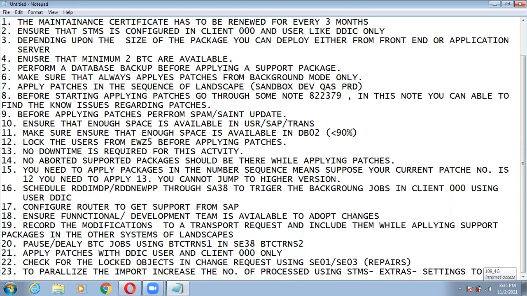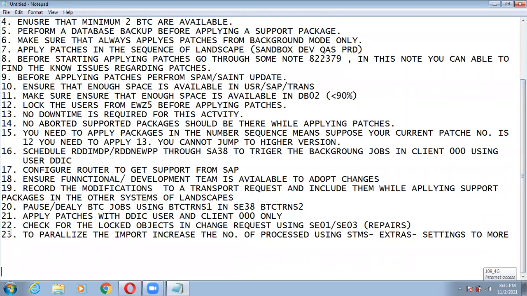Set it to more than 3 based on available CPUs. So, 24th point.